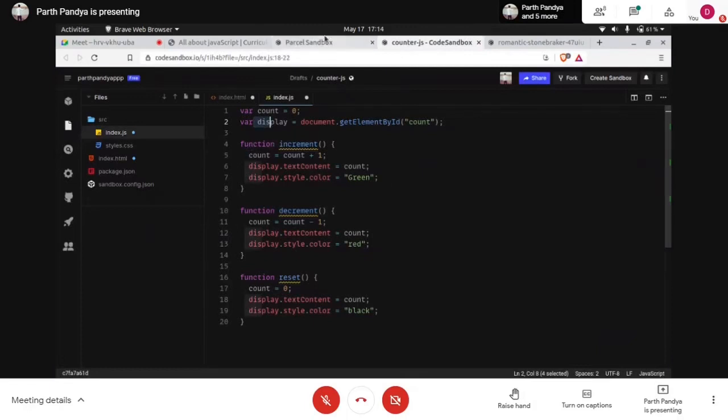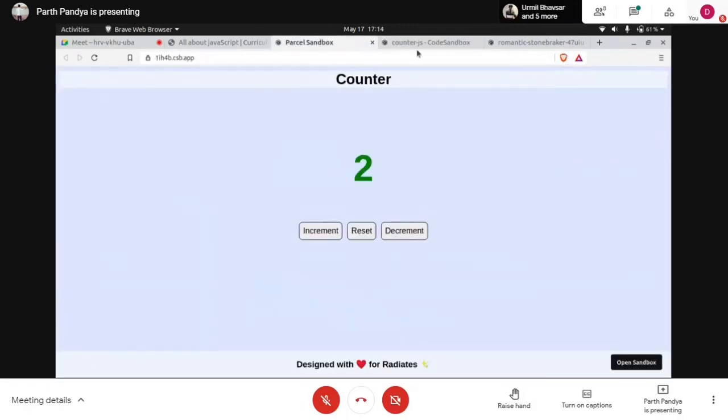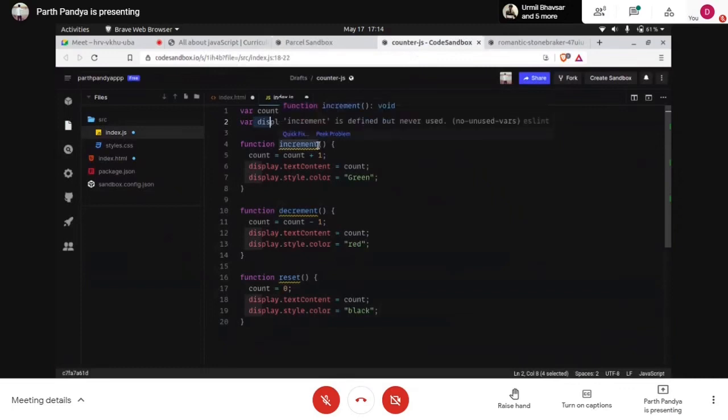When we click on the increment button, it will call this function increment, and it will change the count value by incrementing it by 1. Then it will also change the text content by using this. textContent is the JavaScript property to reference a particular HTML instance and change its content by the new value. So we are going dynamic.